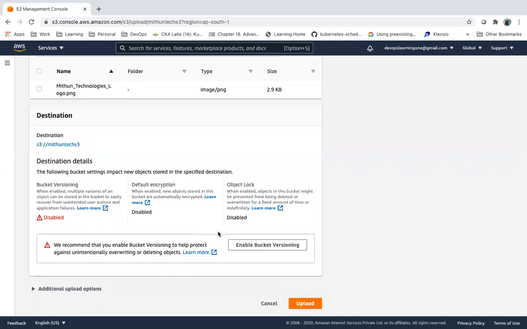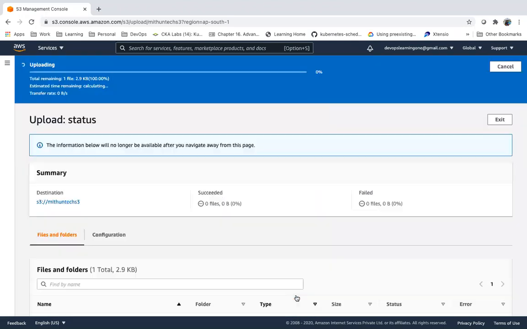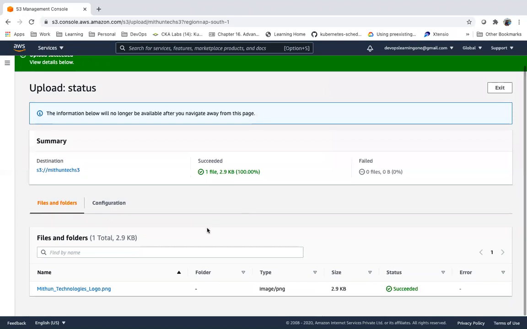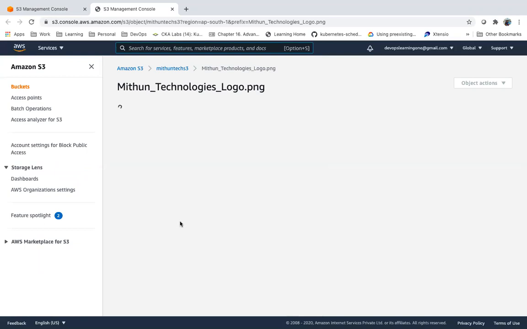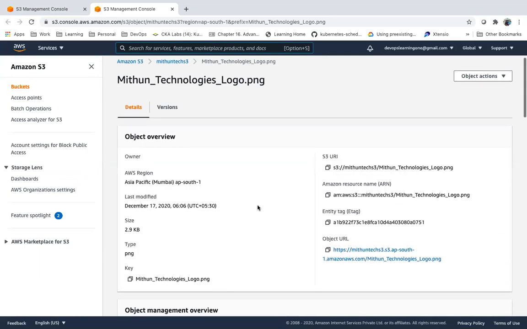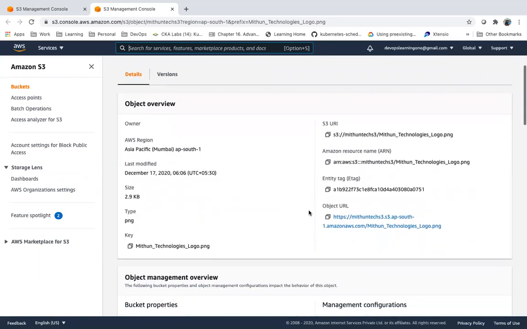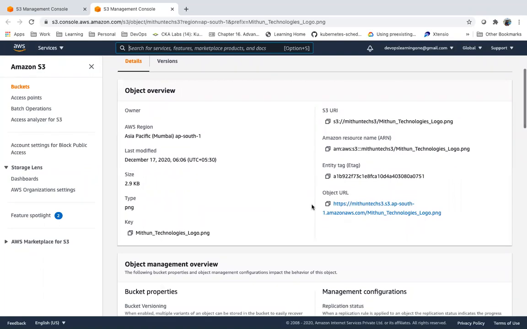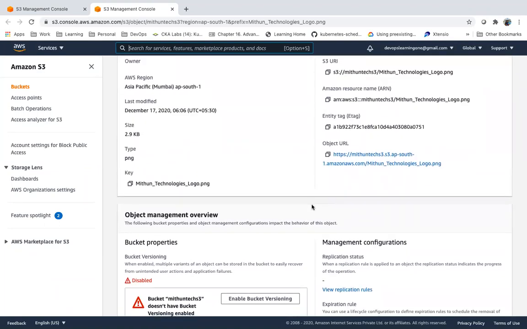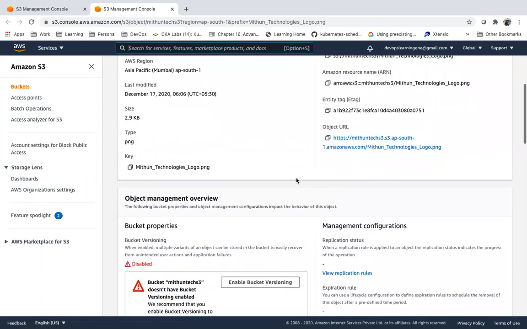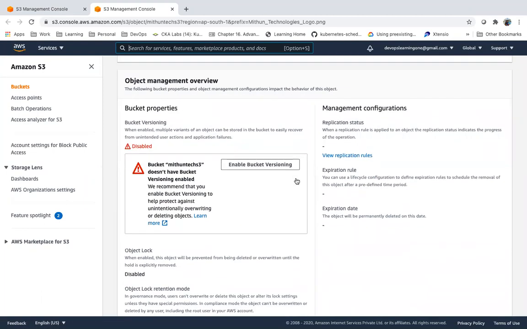For now, I'm just uploading the file. You see, each object which we upload will have a unique object identifier and URL.